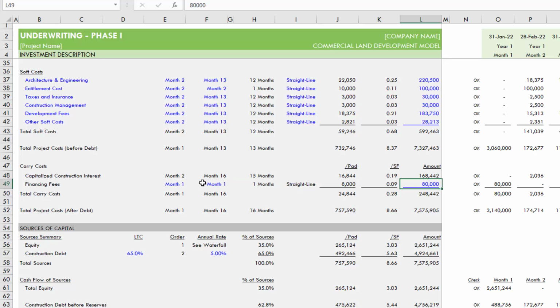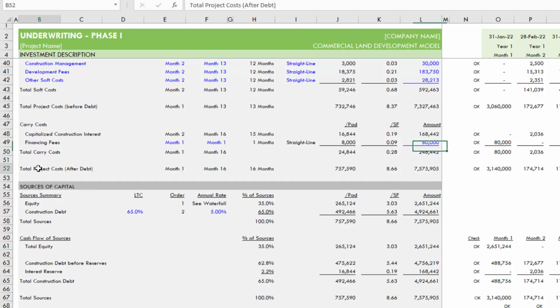And then you choose the amount here. So in this case, month one is when that happens. It can only be modeled as a straight line, and therefore, in this case, month one, 80,000, it all happens in month one. So that gets us then to total project costs after debt, the carry costs plus project costs before debt,